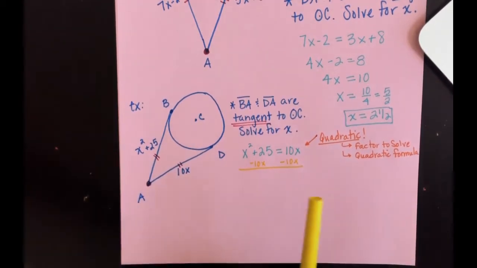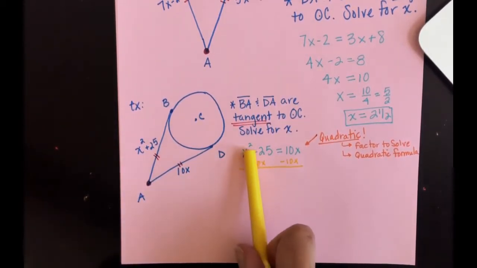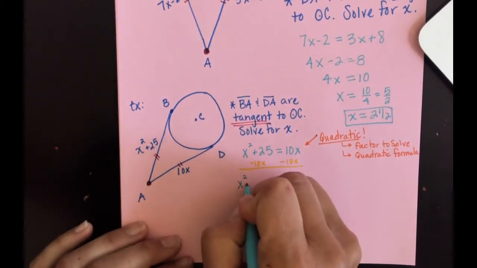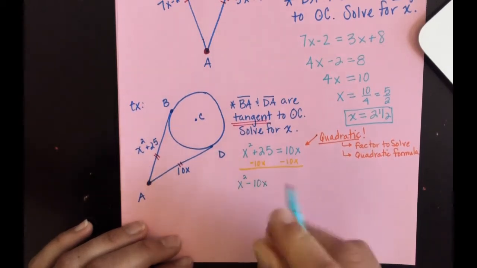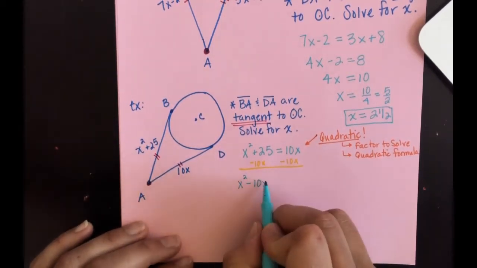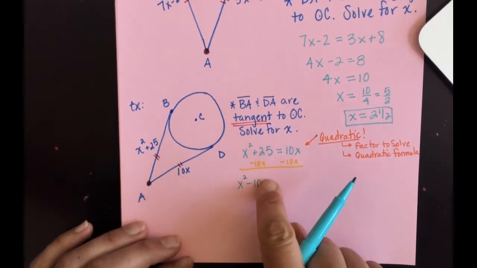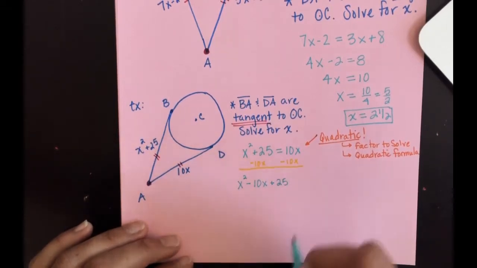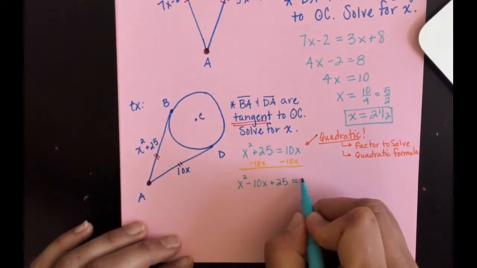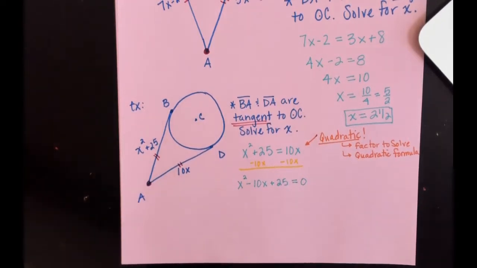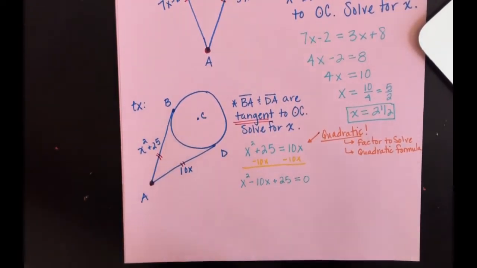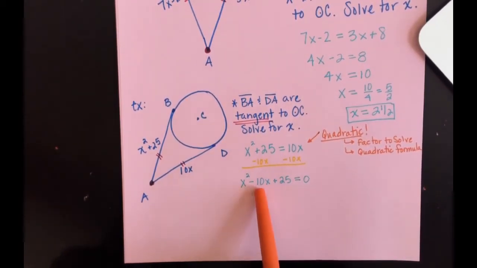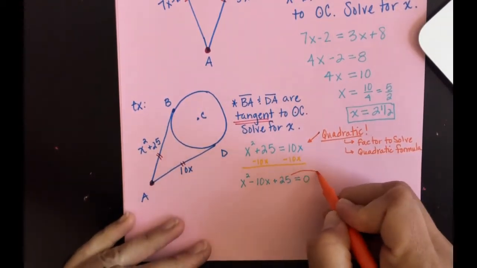And notice where I wrote that minus 10x over here. I kind of shoved it between because we have to also remember that when we write any polynomial, any multiple term, we count down our powers. So 2, 1, even though we don't see it, and then none, and we set it equal to 0. And here's where we go, okay, what are the factors of 25 that when I add them up, add up to negative 10? So when we factor,